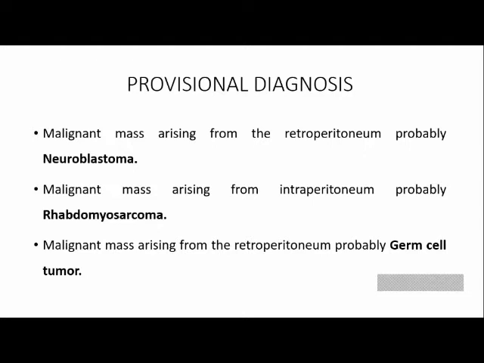Sir, initially I will do ultrasonography to look for the nature of the mass, the site of origin and size of the mass, whether it is associated with calcification or not, the vascularity of the mass, any area of necrosis, or any adjacent structures involvement. I will do ultrasonography to look for these things.